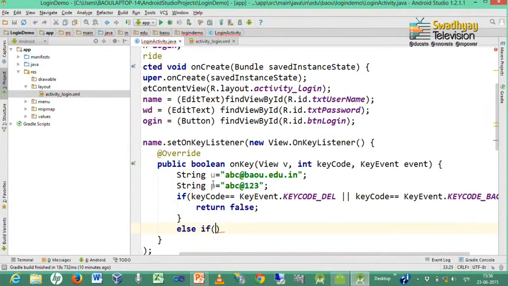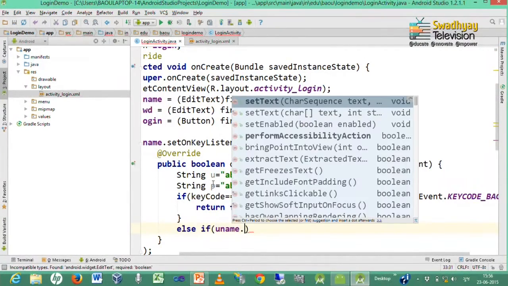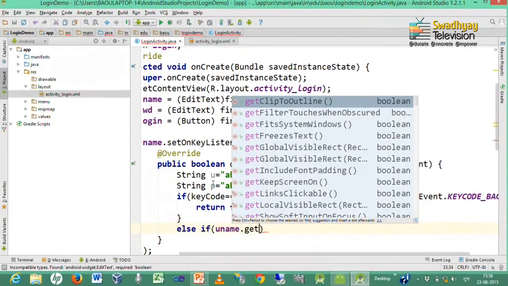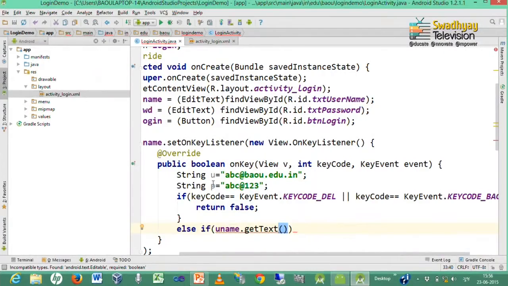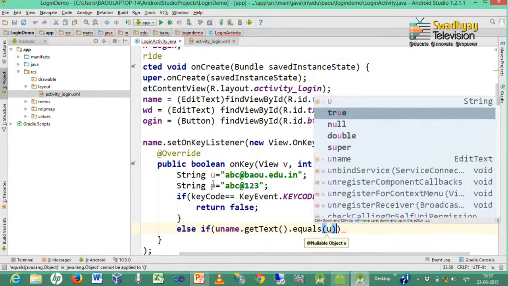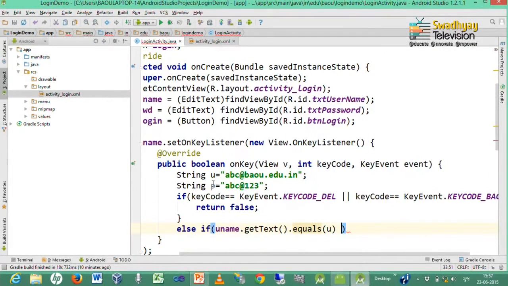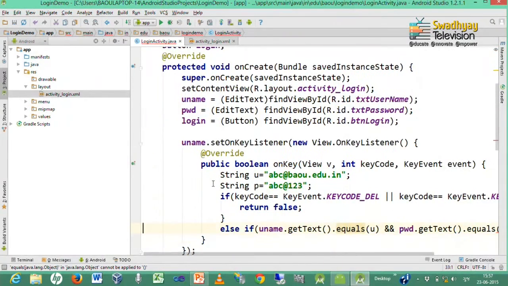So, we compare the username, which is our first text box, equals our predefined value, and the password text equals our predefined password.